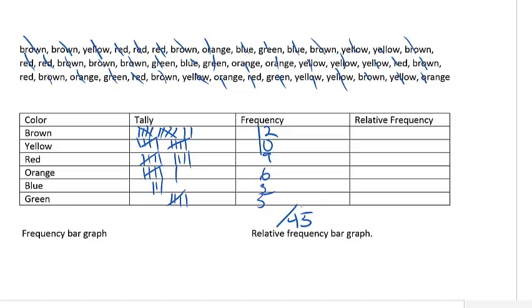Relative frequency is what fraction or percent of the total overall data this observation makes up. On the easy side, that's just putting the frequency over the sum. So 12 out of 45, 10 out of 45, 9 out of 45. Now, I know these do reduce. We're going to write down decimal approximations of all of these, since that's equivalent. Alright, so 12 out of 45 is about